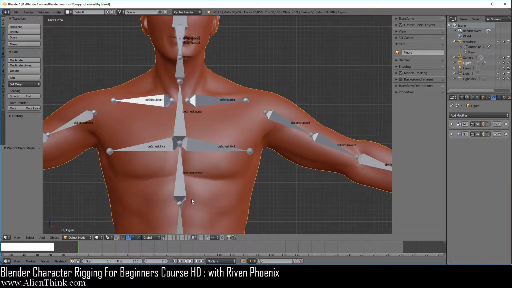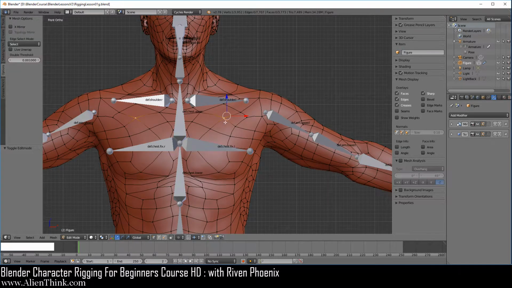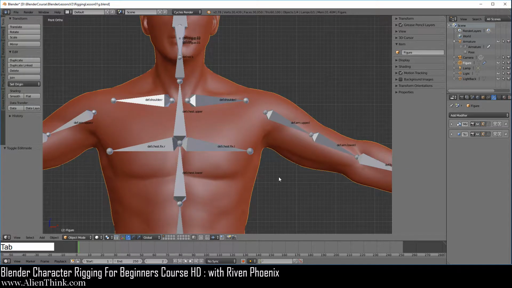Now, when you press the tab key to go into edit mode, you cannot do Control Tab. If you do Control Tab, it's just going to allow you to select vertex, edges, and faces, which is this thing over here. Okay, so to get out of this mode, you have to do Tab, and it's going to go back to object mode.